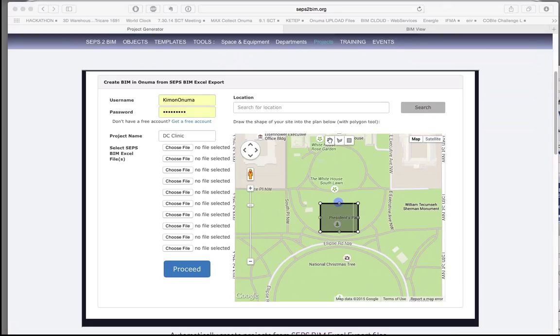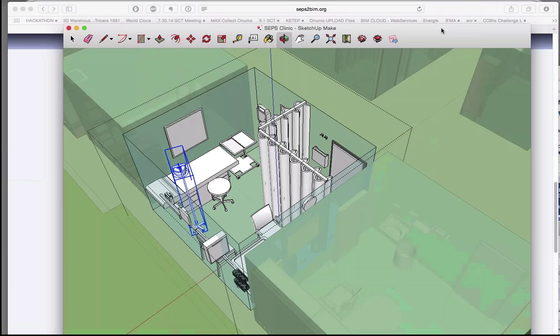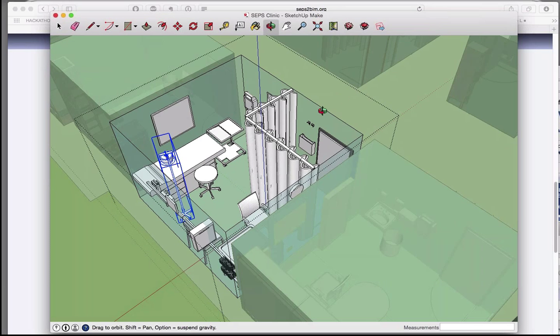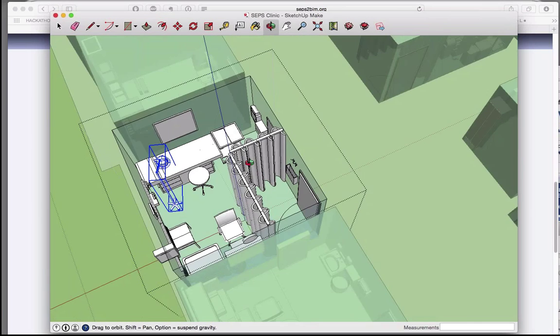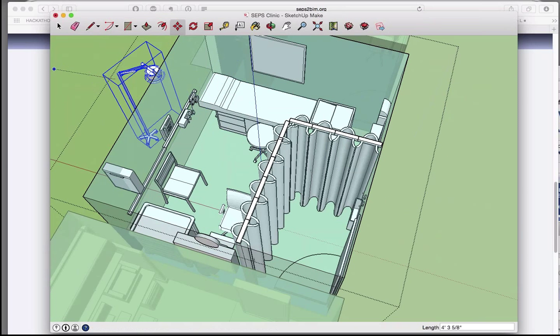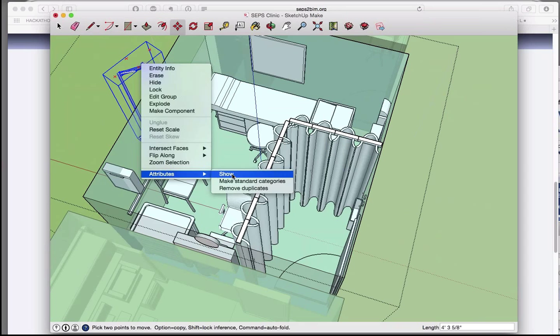And in our previous webinar, we showed SketchUp. So we're not going to spend a lot of time with SketchUp today, but I wanted to show you one thing here that's pretty interesting, maybe starting in reverse. Everything that we showed you in SEPS, in Onuma, in Navisworks, the exact same data is in SketchUp. So in SketchUp, there's the exact same lamp, which means I can be in SketchUp and move this lamp. And if I save it back out of SketchUp, there's a plugin from Onuma that allows you to save back to the Onuma server. It'll show up in Onuma, and it could even be pushed back into Revit,